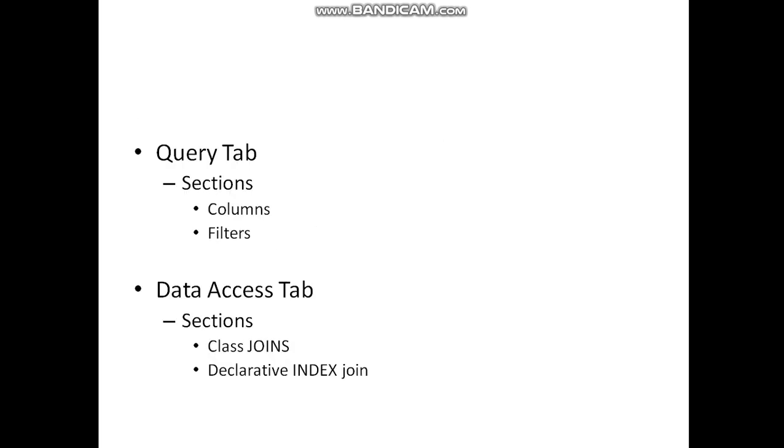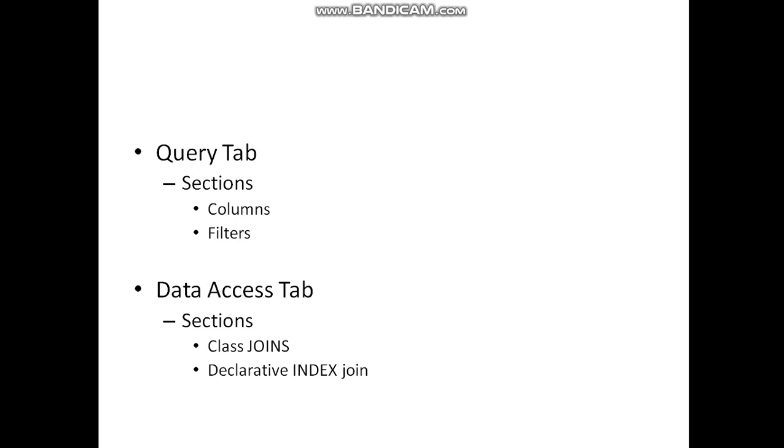So in query tab, you can find two sections, one is column section, another one is filter section. In column section, you can define all your columns specific to the class to display the report. And filter section is like a where condition in SQL. You can filter the data by applying the filters